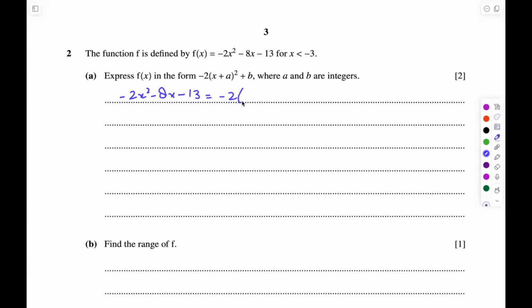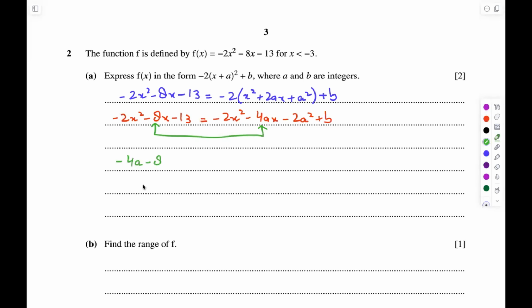So this will become minus 2 into x squared plus 2ax plus a squared, plus b. Multiplying with minus 2, we'll get minus 2x squared minus 4ax minus 2a squared plus b. And this equals minus 2x squared minus 8x minus 13. Now comparing the coefficients on the left and right hand side, for x it is minus 8 on the left hand side and minus 4a on the right hand side. So we'll write minus 4a equals minus 8